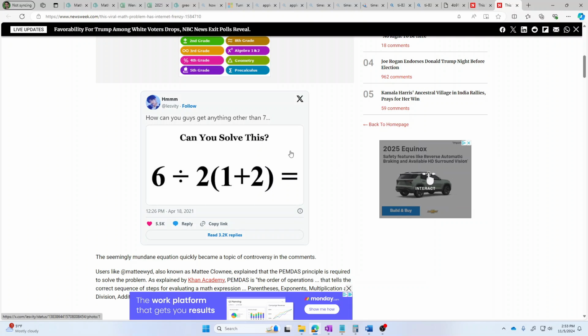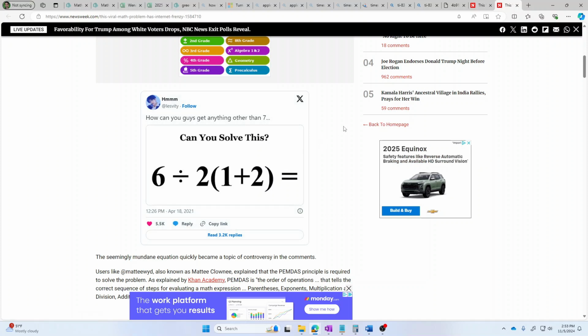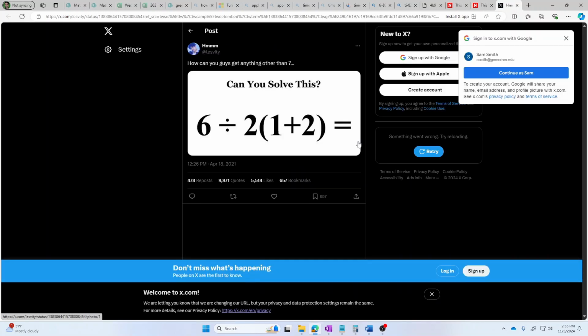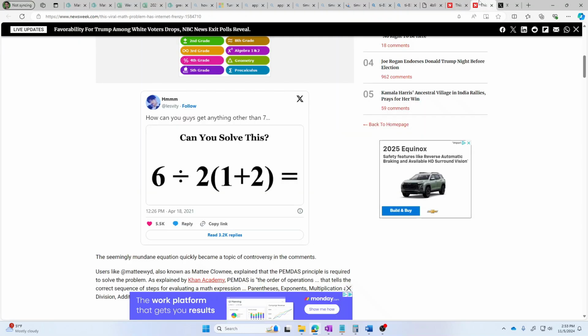Do you add first? Do you divide first? Do you multiply first? Which one do you do second? And which one do you do last? Depending on the order in which you calculate these operations, you can get vastly different results. This original poster has obviously gotten 7, but if you look at some of the replies on Twitter, or I guess it's called X now, you will see people getting all kinds of other results. For example, some other people got 9, and so on and so forth.